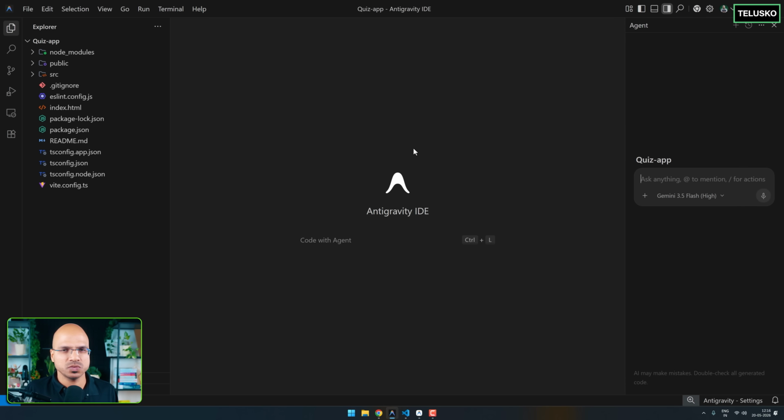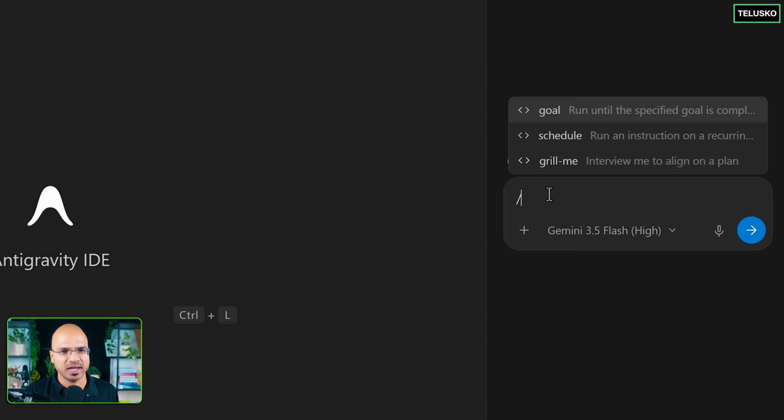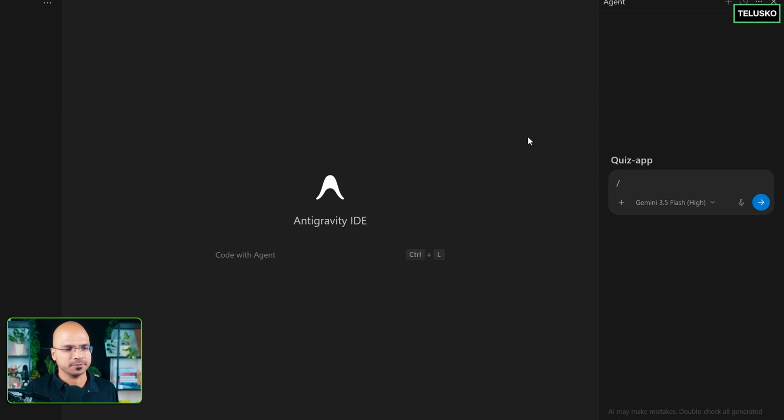So we'll be changing those things with the help of the IDE here. And you can run the commands here as well. When you type /, you can run different commands. But I said I'll be